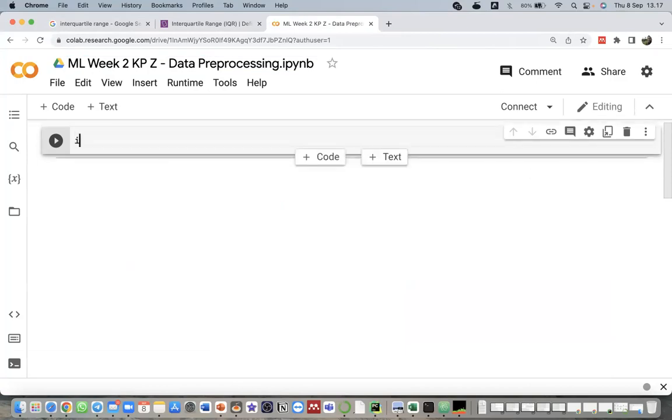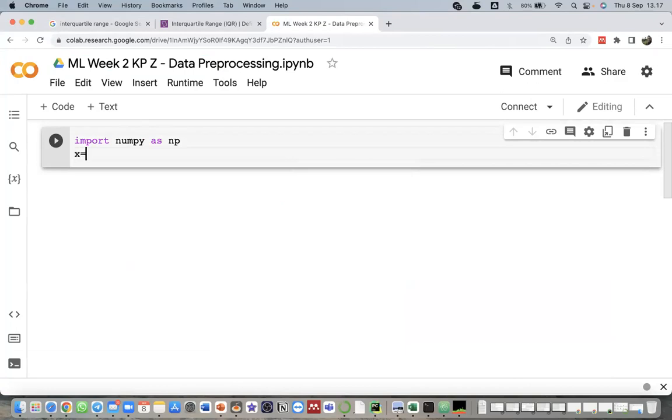Okay, first of all, we need to import the NumPy library because our data will be in a NumPy array. Then after that, we can create a variable that contains random values. I will use np.round, then 100 times np.random.rand, then this is the shape of our NumPy array.